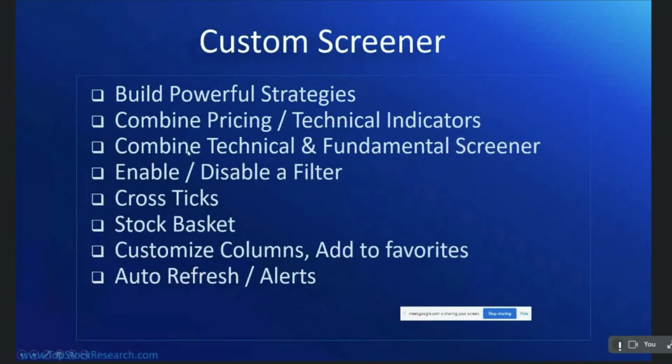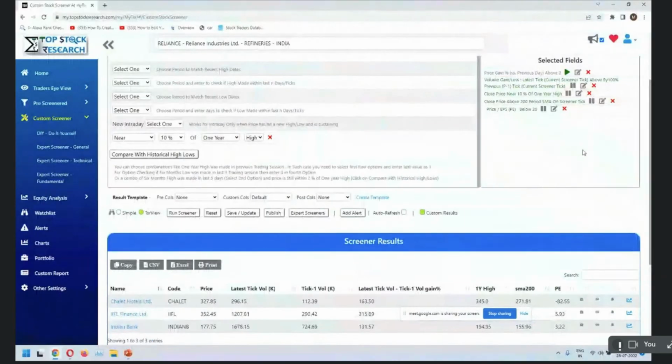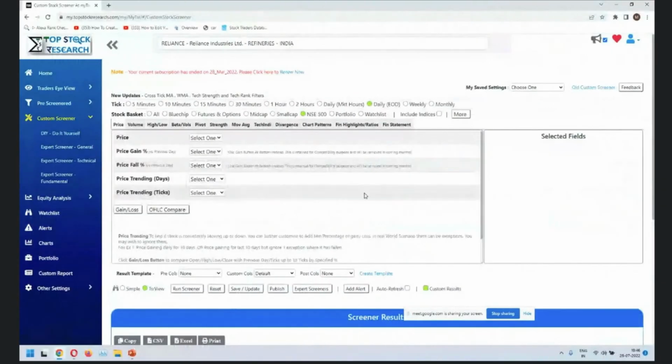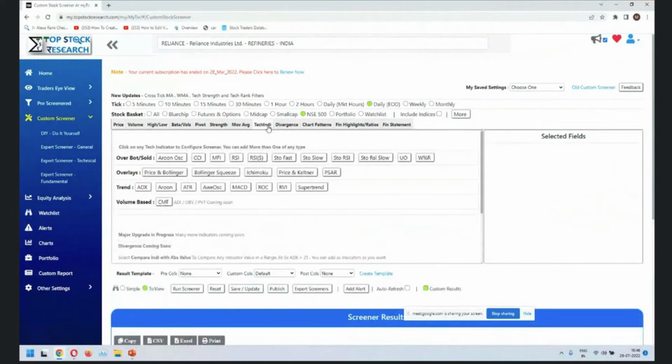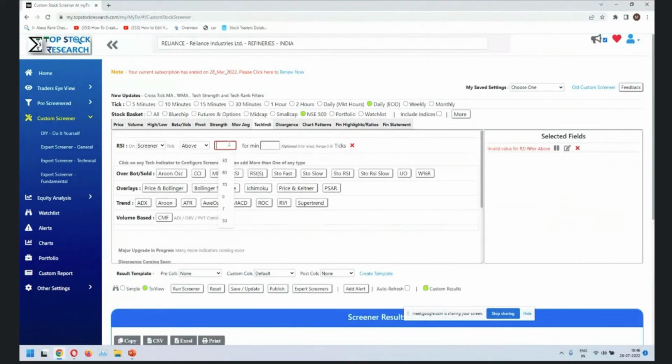Combine pricing and technical, combine technical and fundamental, and enable and disable filter. And the next one which we'll be covering is cross-ticks. Now, what is cross-tick? Let's reset it. And for example, if we want to look at maybe RSI above 70,